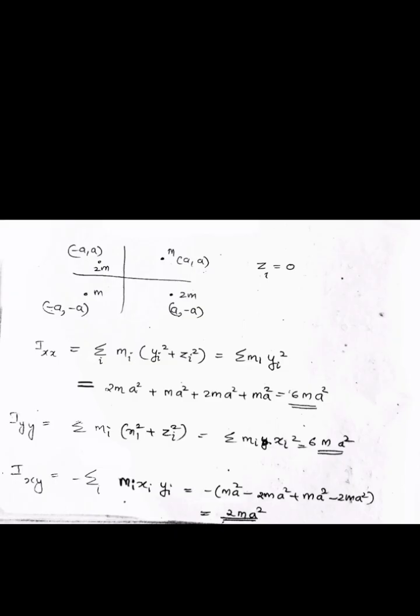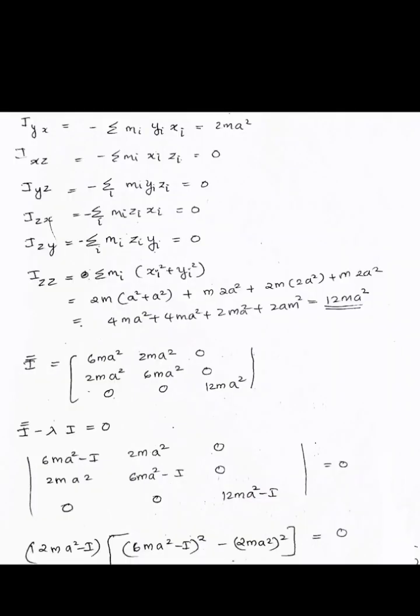So for Iyy, this is equal to summation over mi xi square plus zi square, that is equal to summation over mi xi square. This is also 6ma square. Then Ixy is equal to minus summation mi xi yi. This is equal to minus of ma square minus 2ma square plus ma square minus 2ma square is equal to 2ma square. Similarly, Iyx is equal to minus summation mi yi xi, this is equal to 2ma square,